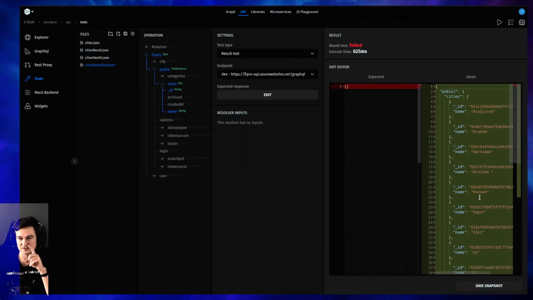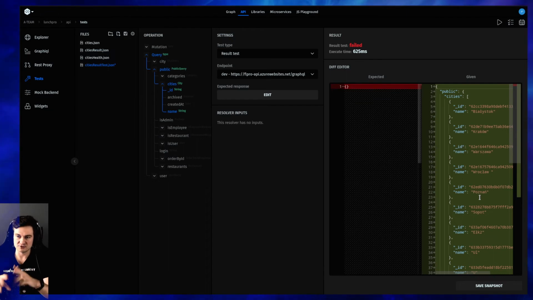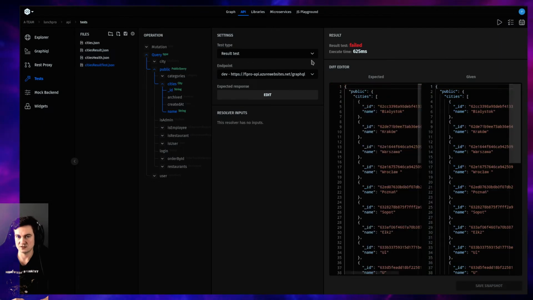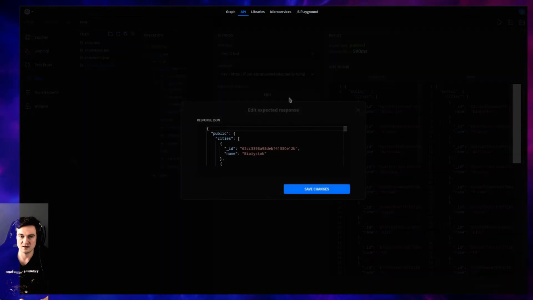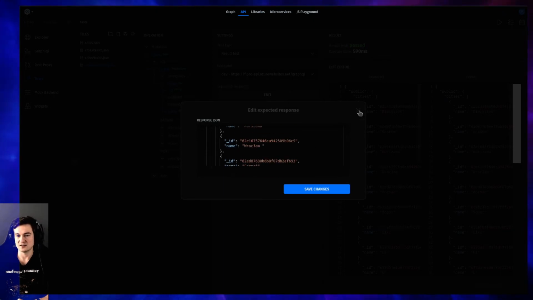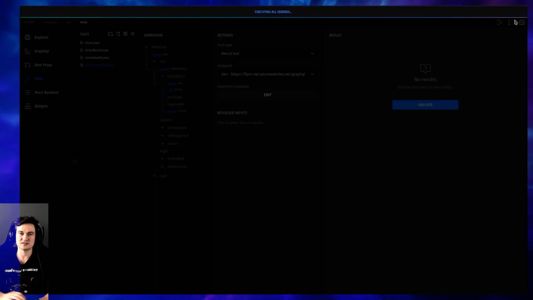But as you may have seen in many snapshot testing frameworks, you should have a way to update your snapshots. And here you have this way because you can click save snapshot and run it, and it passed. Why? Because you can see it copied the result from the backend to the expected result. So at the moment we have a working backend, you can save those snapshots, and then if we run all tests,